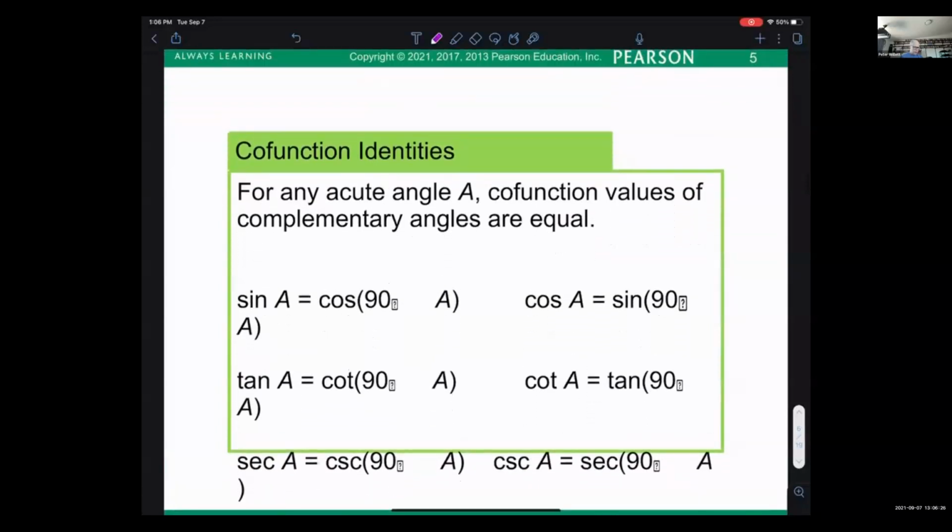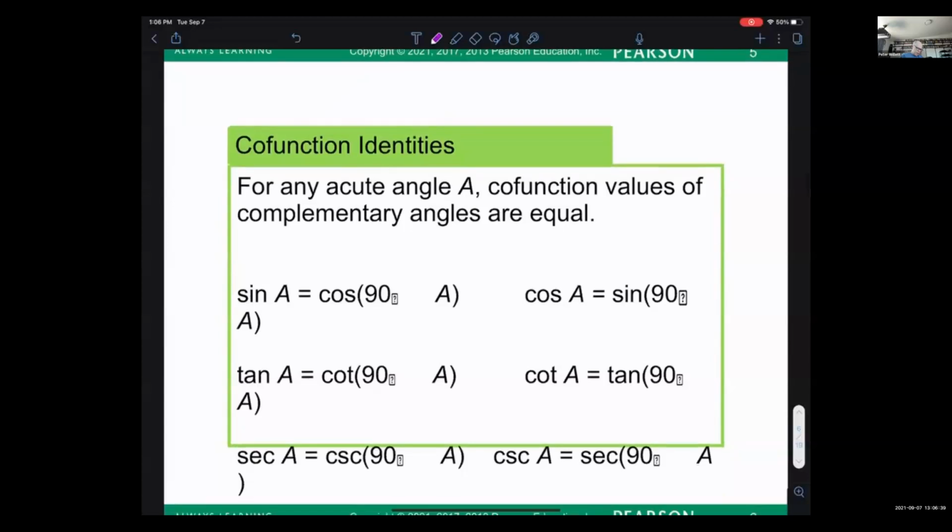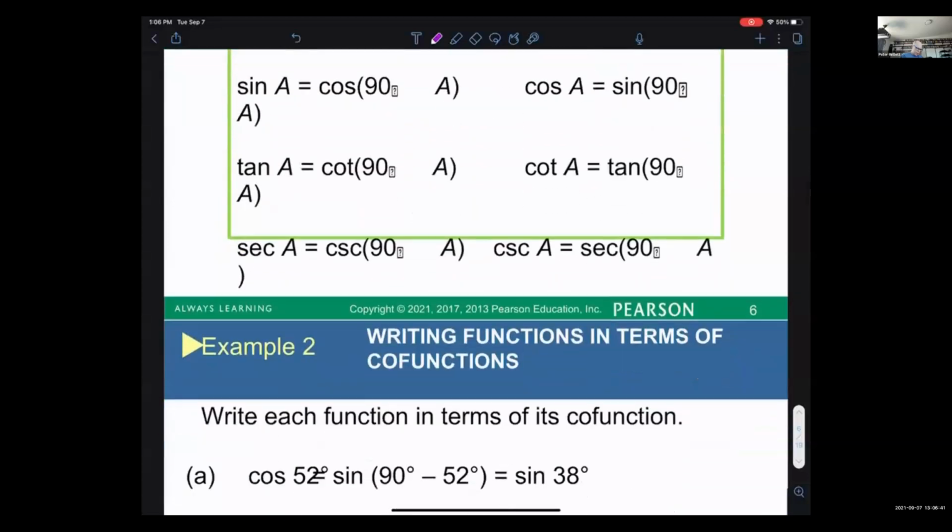Okay, I don't know what they have here. This slide is not really complete. For any acute angle A, co-function values of complementary angles are equal. Yeah, so basically what they're trying to show in a slide that wasn't completed very well here, so I apologize for that,